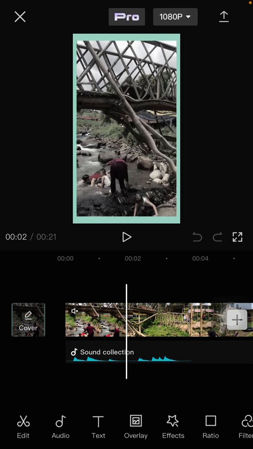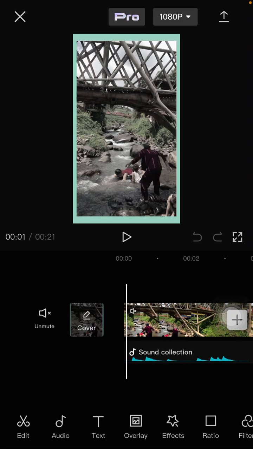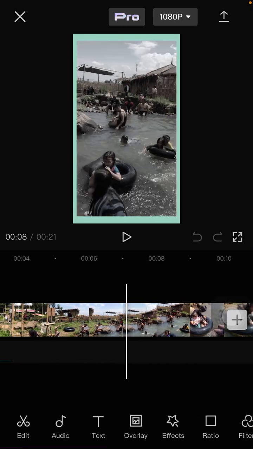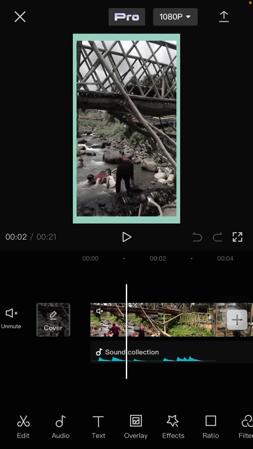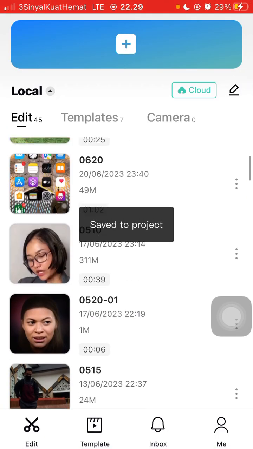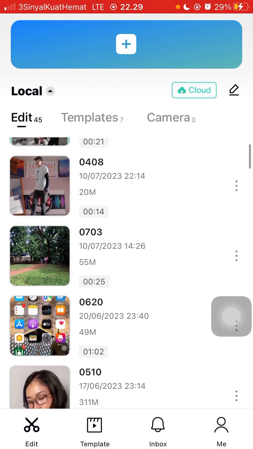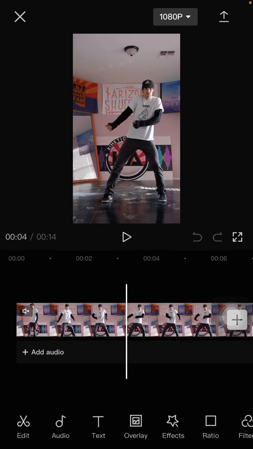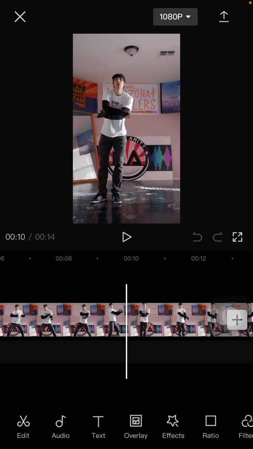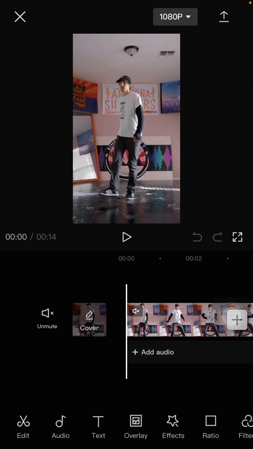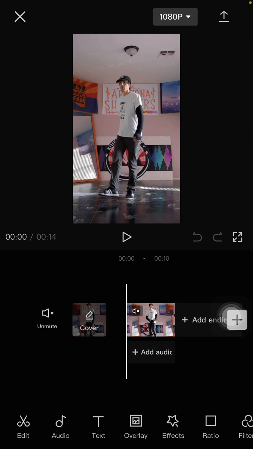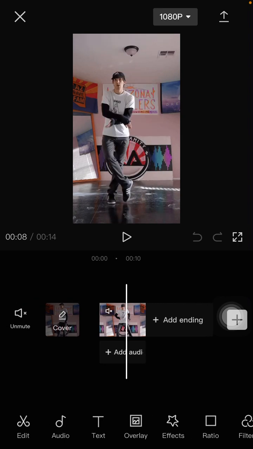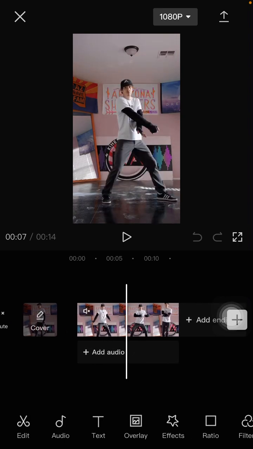And after doing, you're just going to open another project. So I'm going to split the clip into some part,